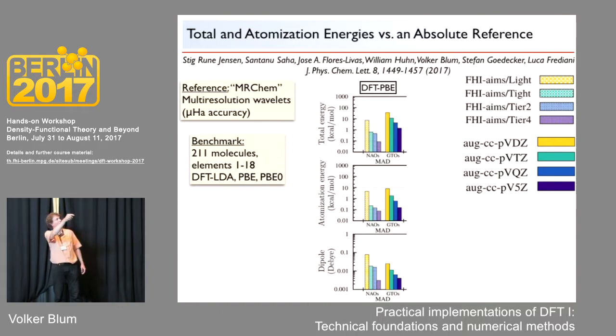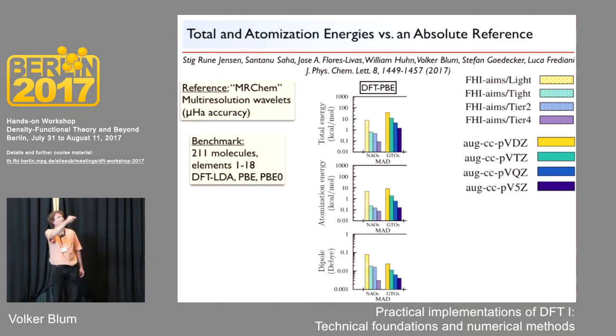So this is a comparison of total energy errors here from the paper for the various basis sets that you'll see in FHI-aims later, which is here labeled as light, tight, and then a tier 2, which is the second tier of radial functions, and then a tier 4, which is a much larger prescription for benchmark purposes, but also there in the files you have. And you see that thankfully this goes down on a logarithmic scale from maybe 10 kilocalories per mole for light settings. And light settings are tricky because they're supposed to be light, so you don't want to push them to high